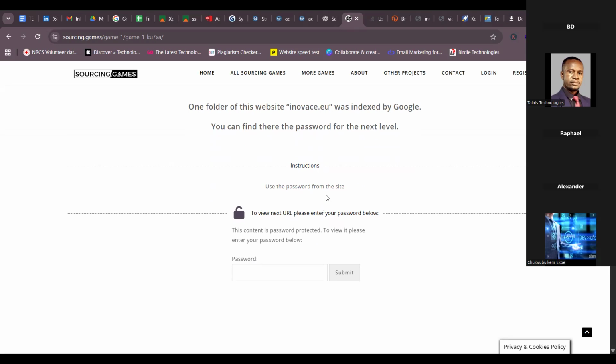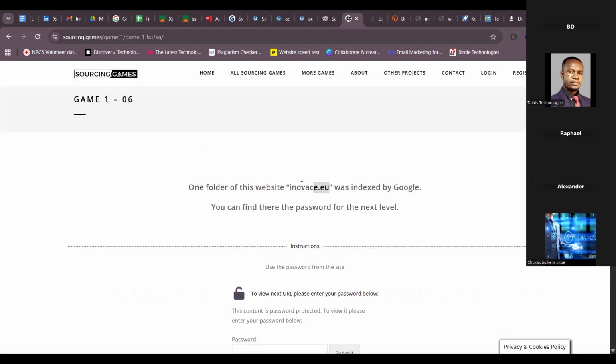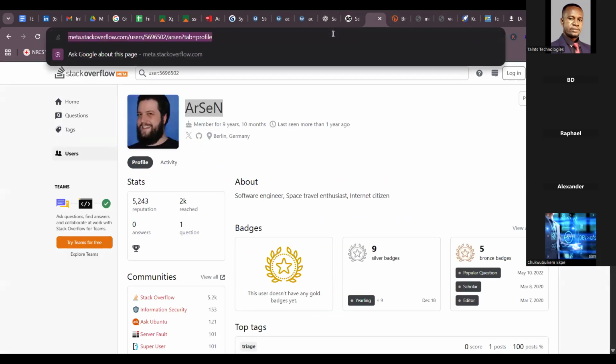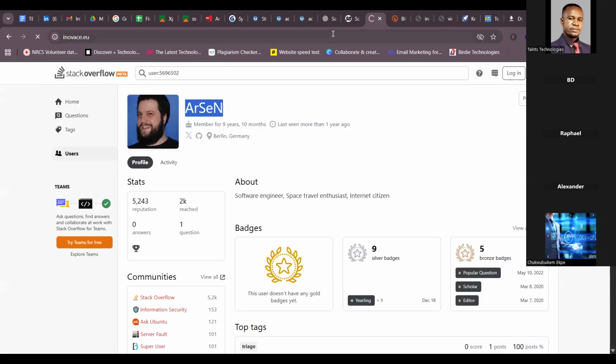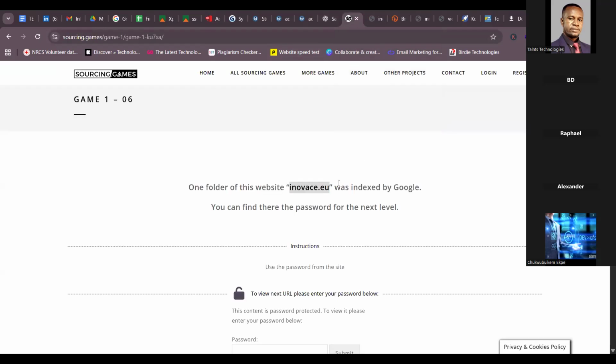Okay. So we go to the website. All right, so let's go to the website. Innovate.eu. Yeah, but it says website under construction. So let's read the instruction again. The instruction said one folder. Oh, he said one folder. So which means it's going to be under a folder in this website. So let's go back. How do you do that? You say slash folder,